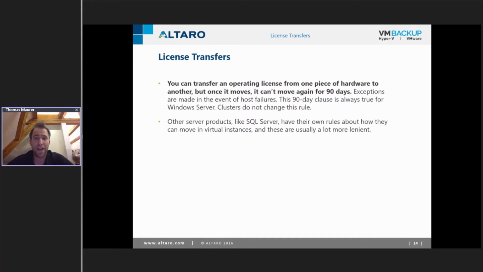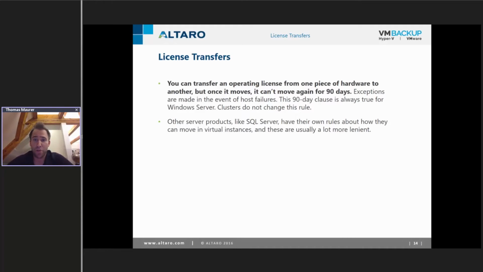For example, after 90 days, you can move it to other hardware and get that server licensed. This doesn't count for OEM licenses. They are cheaper, of course, but you can't really move them to different hardware. You get the license for exactly the hardware you bought it with, and if you buy a new server, you cannot move it around.